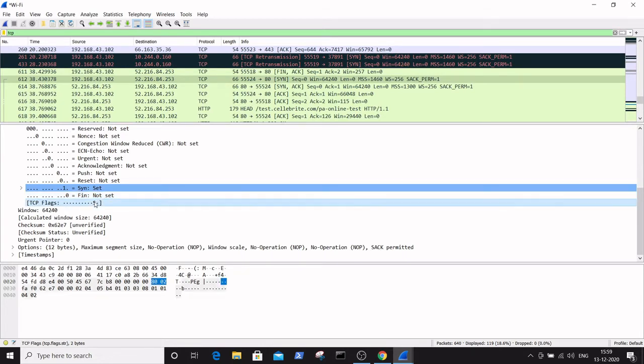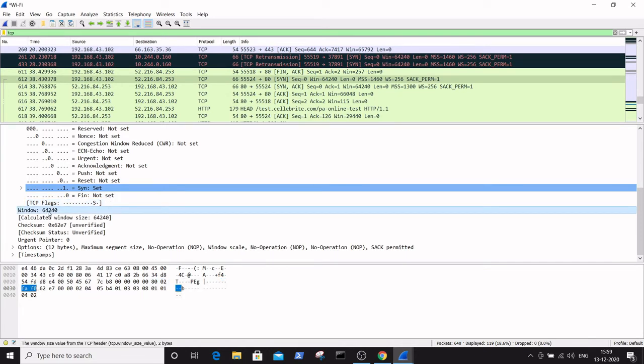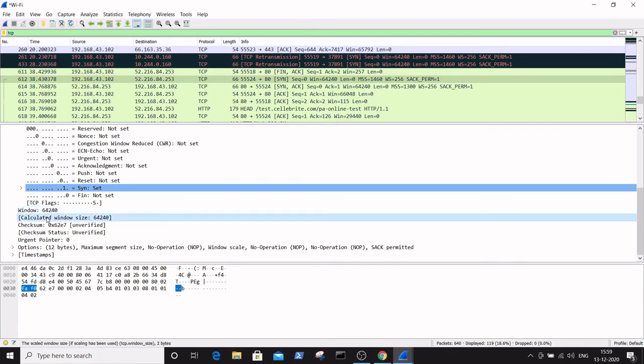Okay, then again here we are discussing the window size, as indicated by the acknowledgement number of data octets beginning with the 1 indicated in the acknowledgement field. It is 2 bytes of the total TCP header. And here is the calculated window size, that is 64240. It is nothing but the number of data octets beginning with 1 indicated